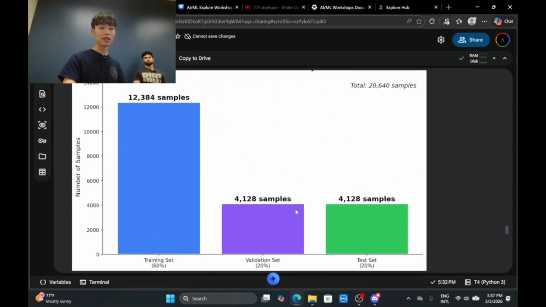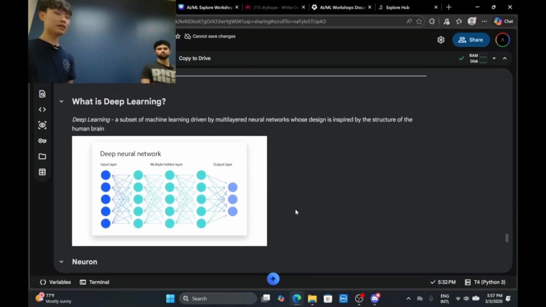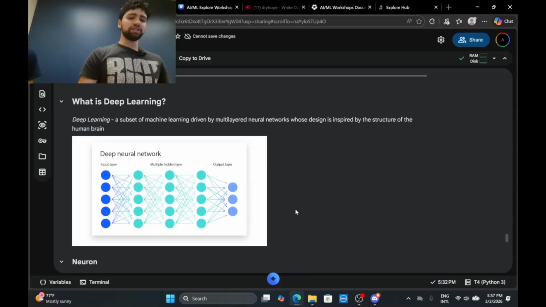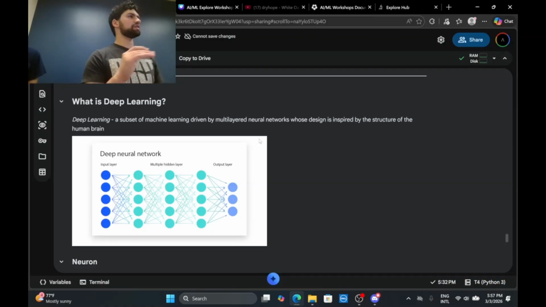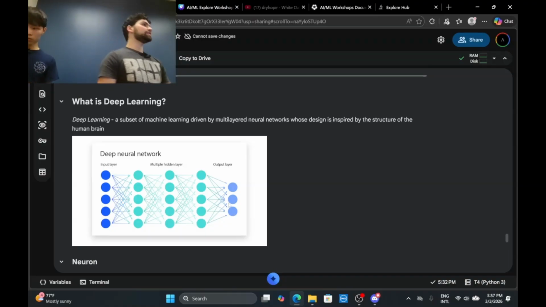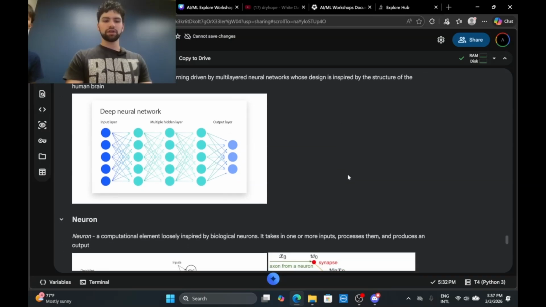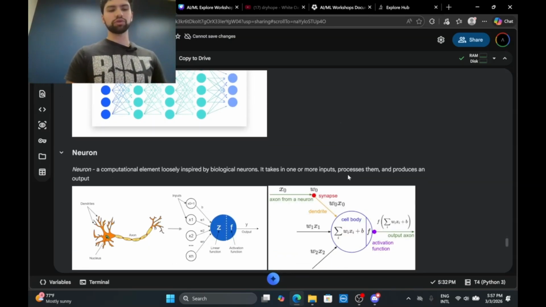And this is another visualization as well. And here comes the deep learning. Okay, so now let's talk about deep learning. Deep learning is basically, I don't know if you guys have seen neural networks. This is a good example of a neural network. It's essentially the backbone of all the AI, like the AI boom that we have right now is all these neural networks. And we are going to dive into what exactly makes these neural networks up.